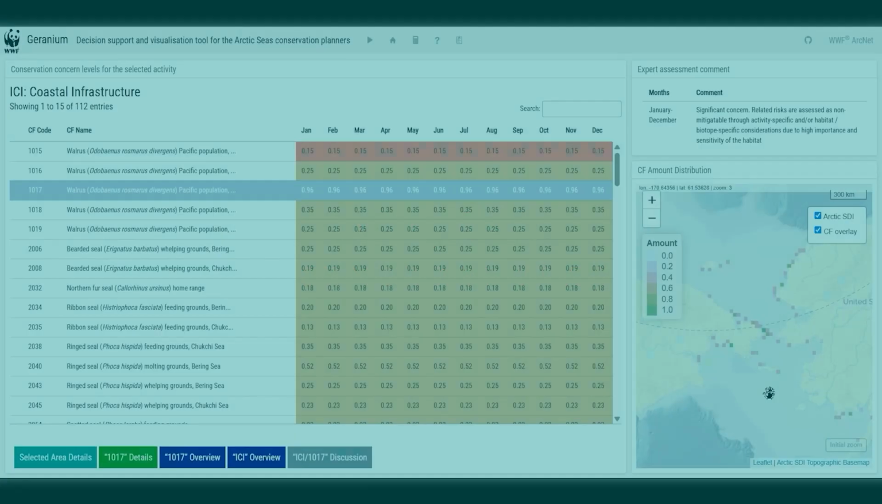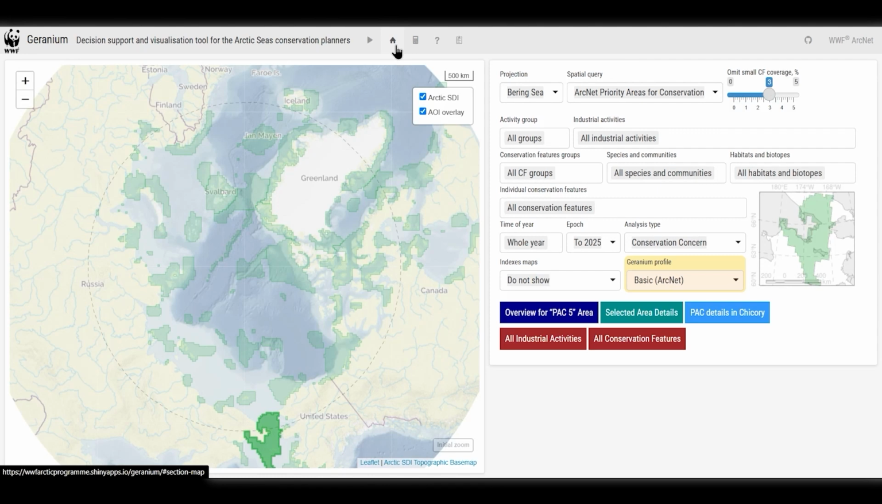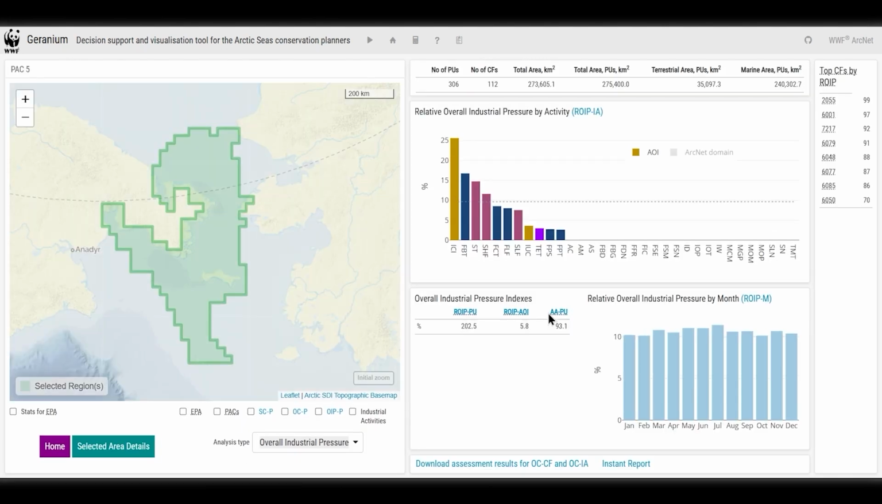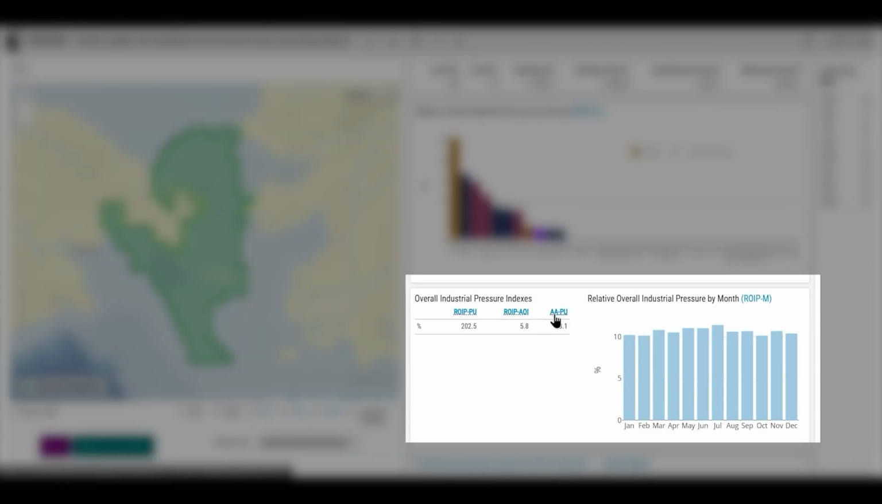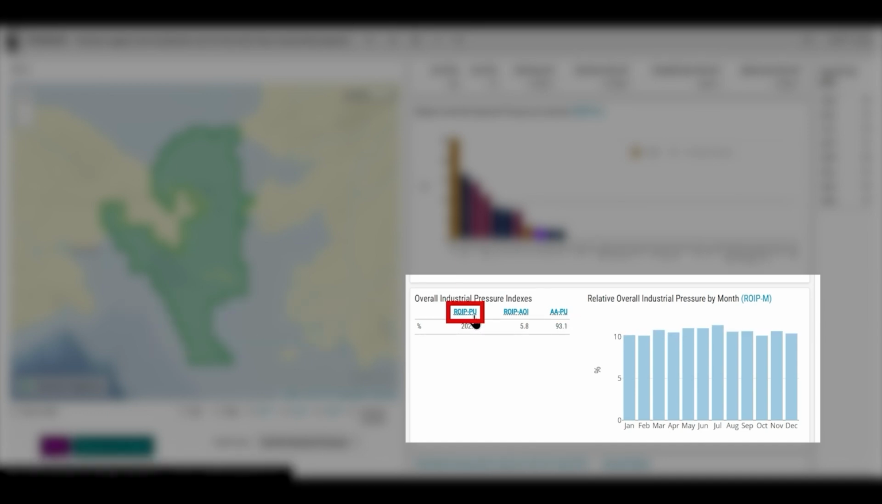Now we can investigate whether we should be prepared for even higher pressures when we look into the future. For this, we need to go back to the home screen and change the epoch selection to 2030 to look at projections of industrial activities for 2030. We can see from the industrial pressure indexes in the lower right that the relative amounts of industrial activity, AAPU, in the area is expected to grow from 70 to 93%, while the relative overall industrial pressure, ROIPPU, raises from